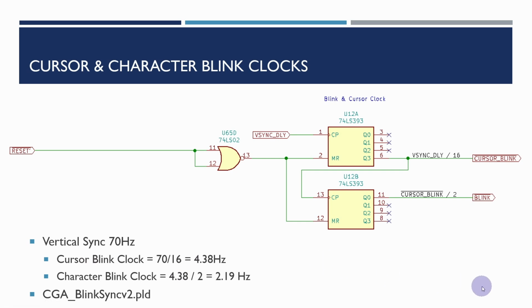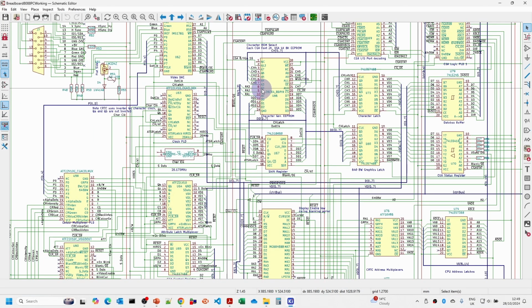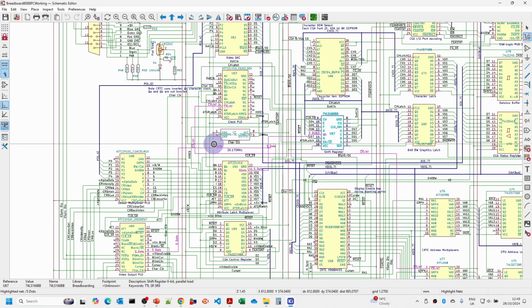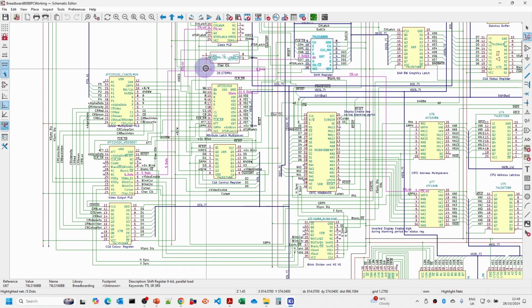So now let's take a look at the KiCad schematic to see what changes we're going to need to make. In the last video we added the character generator and the shift register. The main thing about the shift register is its output, S dots, which is really the foreground/background bit that comes out of there. Now the bits we're going to need to hook up here: